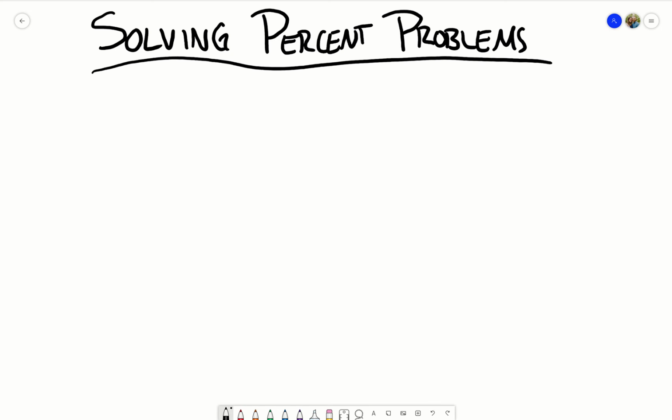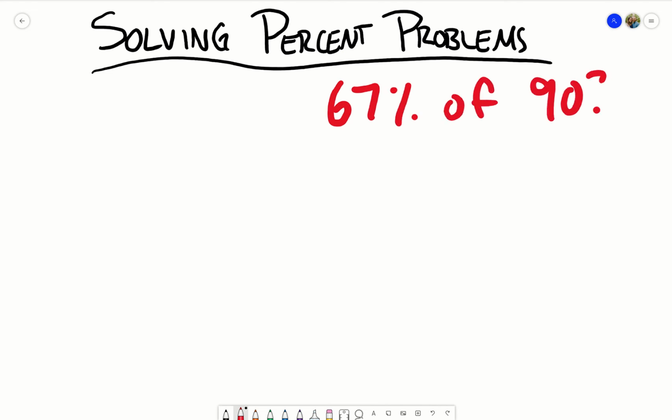Solving percent problems. If I were to say something like, what is 67% of 90? If I were to say something like that, okay? What is 67% of 90? Now, I'm guessing you may not have a good understanding yet of how to solve this, so I'm going to walk you